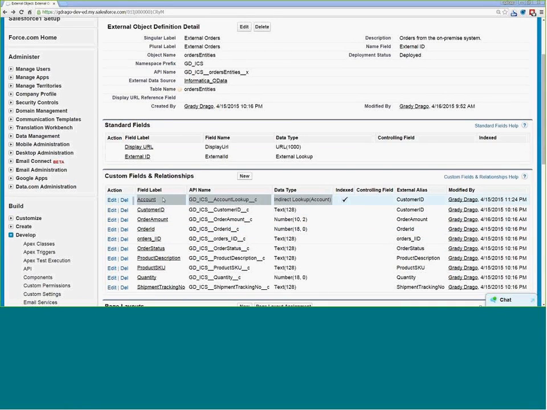So what I've done is on my external object, I've created a field calling it account. It's an indirect lookup to account.